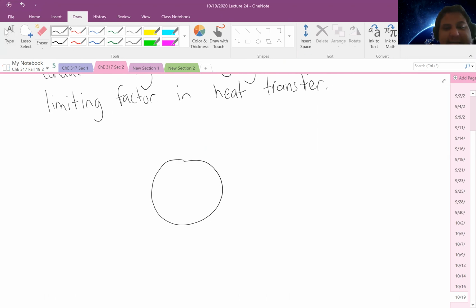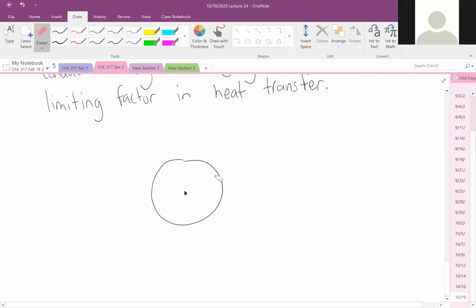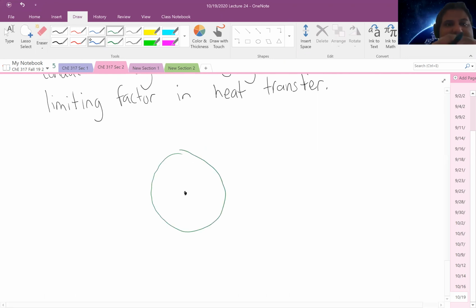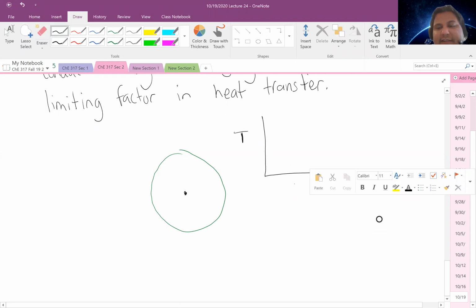We can consider from the center of the sphere to the outer region of the sphere that there can exist a temperature profile in the sphere, such that if I was going to graph the temperature of the sphere versus, let's say, the radial direction,